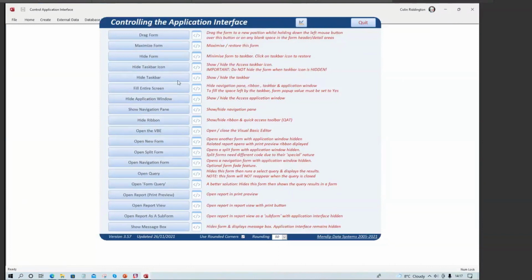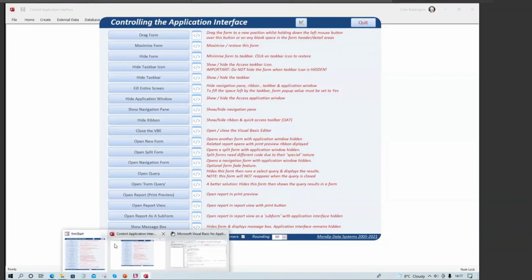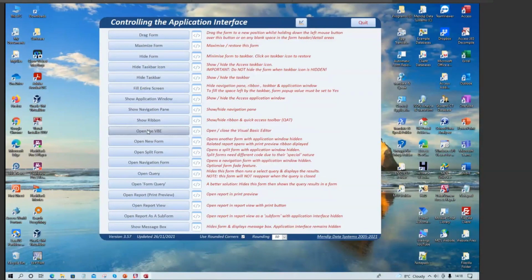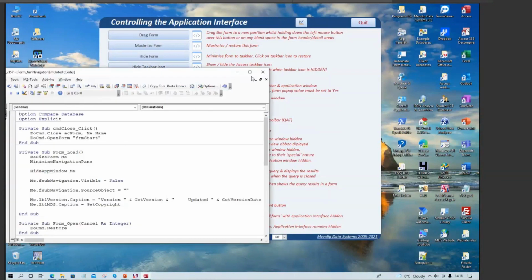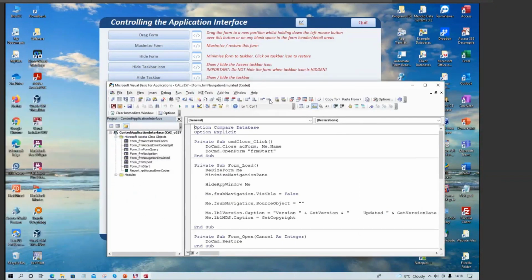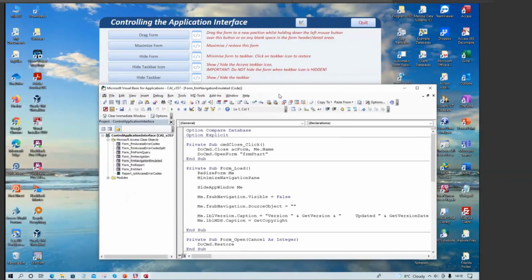While you're developing, it's important that you get to VBE fairly easily, and so, not surprisingly, I've got a means of actually doing that as well. Okay, let's open VBE, and it's opened on my other screen. And so I can actually get to the code fairly easily while I'm doing this.